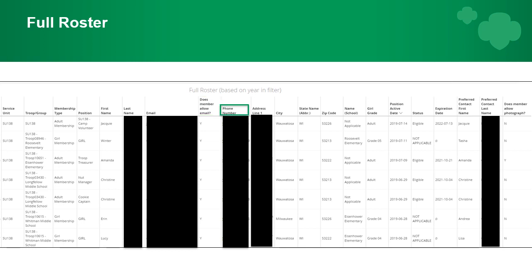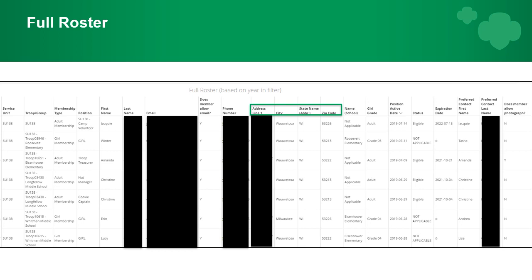The phone number, like the email address, is usually for the preferred contact in the household. Use your judgment on whether someone you're sharing information with needs a phone number. The address will be the same for everyone in the household. Occasionally, divorced parents will be listed in the system together in one household. The system will support only one address per household, so this will be the address for the preferred contact. There's rarely an instance when someone needs this information, so please consider whether the person you're sharing information with needs